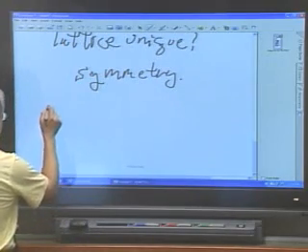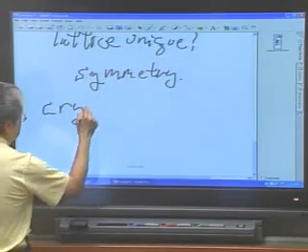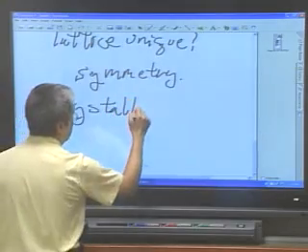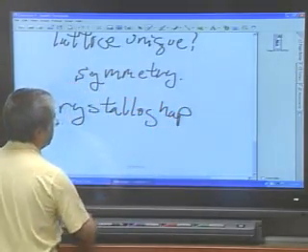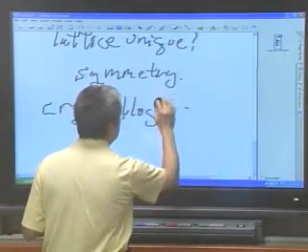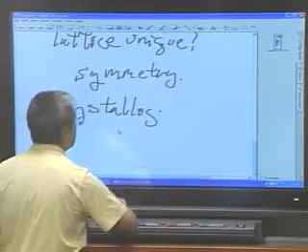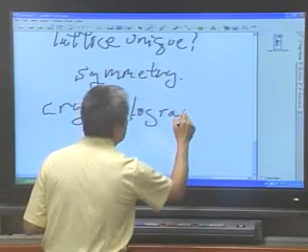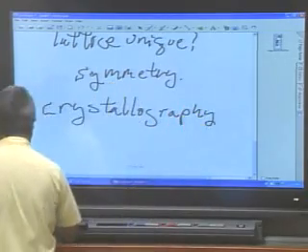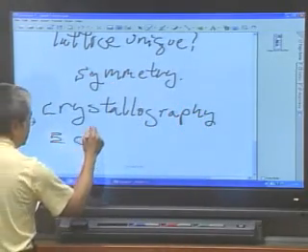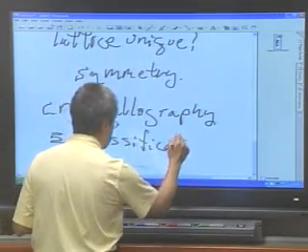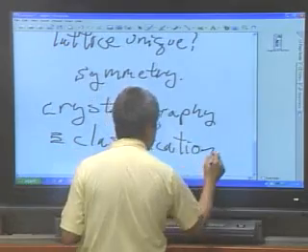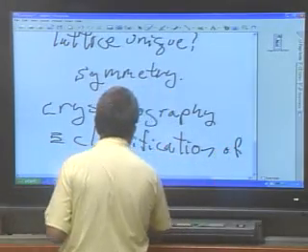And this section is basically covering crystallography. If you were to define crystallography, it would simply be a classification which is based on the symmetry. So it's a classification of,